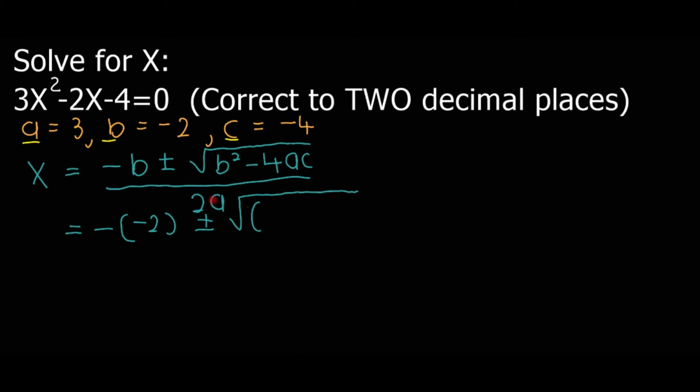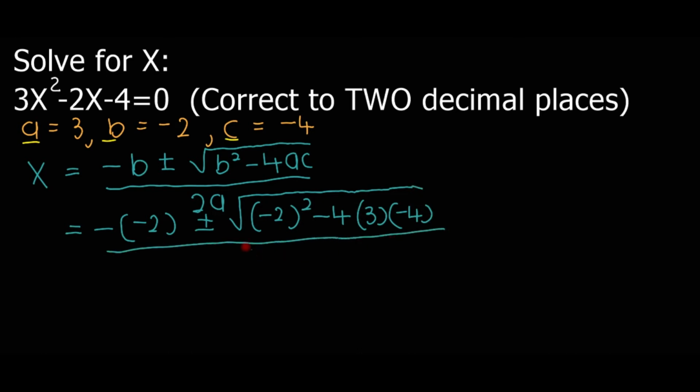So in this case my b is -2, and then -4, a is 3, and then c is -4, and then at the bottom I have 2 times a, and then my a is 3. From there, because I have minus times minus, it means I have positive, so I have +2, and then I have plus or minus,